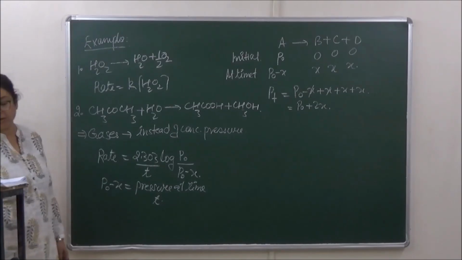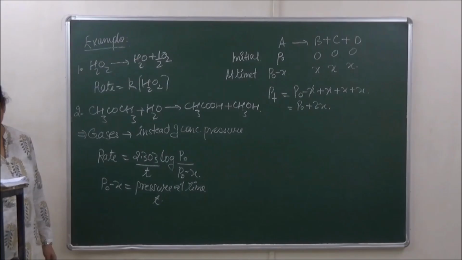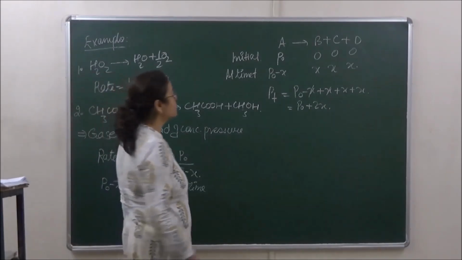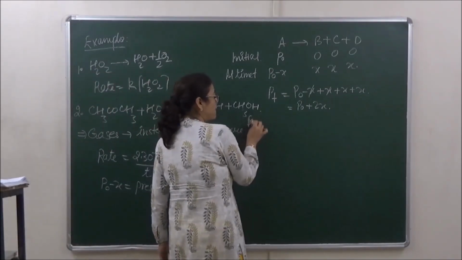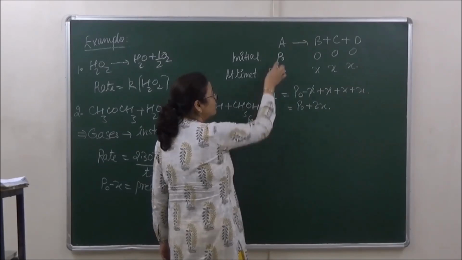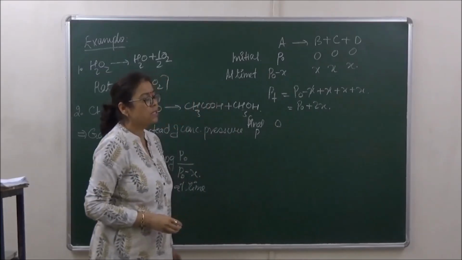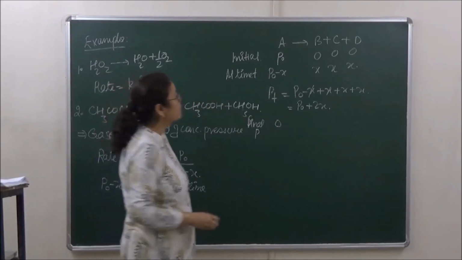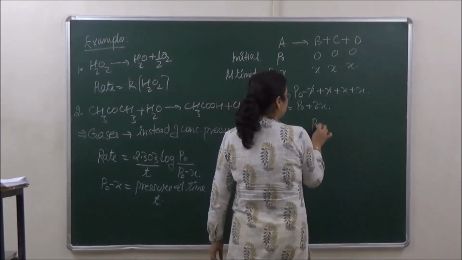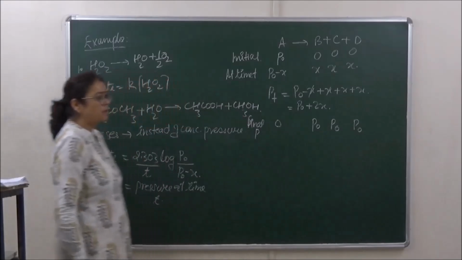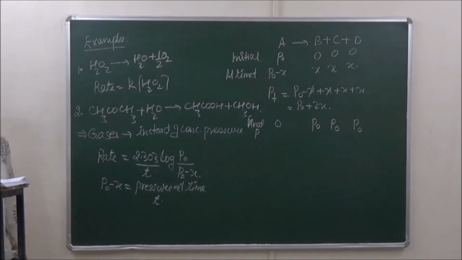But you have to calculate the P total in this manner. Is it clear? Okay. What is going to be the final pressure now? Once all the reaction is complete, then the final pressure will be equal to the pressure due to A, which will now become equal to 0 because A has been totally consumed, and the pressure would be P naught and P naught, right? Because the pressure will be due to B, C and D.